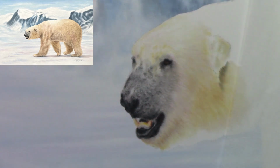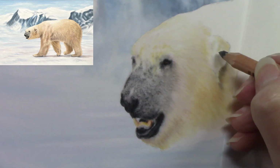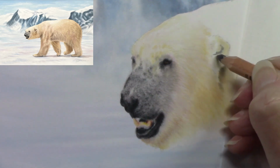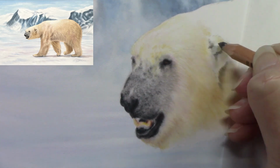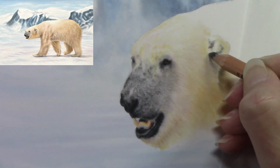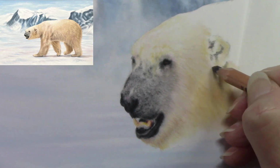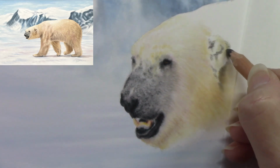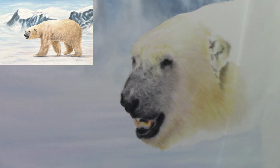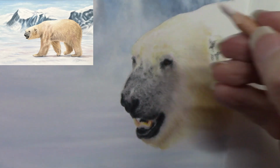And when you're working with those blending stumps on a painting, if they get really dirty, then just wipe them off on a cloth, an old t-shirt or some tissue, something like that, and it just removes the excess pigment off it so it doesn't muddy up any lighter colours. Or even better still, just keep one blending stump for the darker areas and another blending stump for the lighter